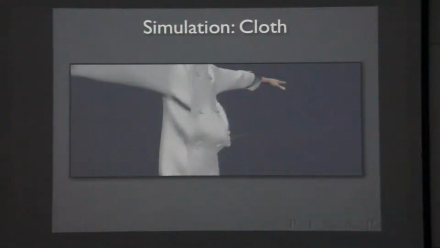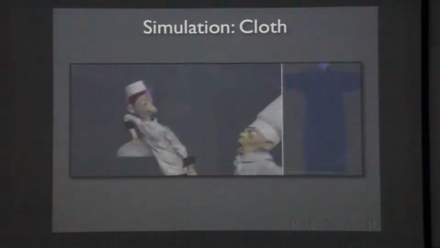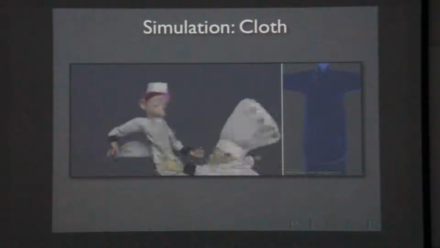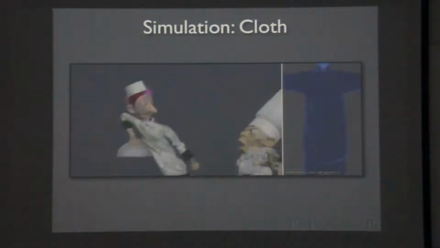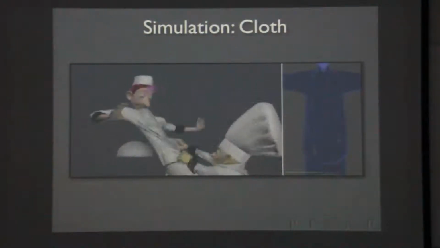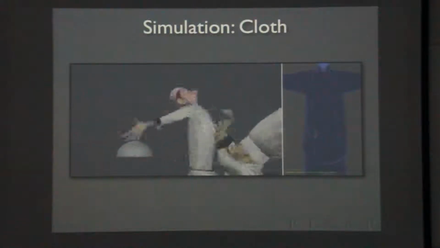And you can see how we've animated on the rest pose, the various grabs, and how that comes out in the final sim. This is a very hard shot to work on. Cloth simulation is hard to set up, hard to make sure it's stable, requires lots of parameter tuning. In fact,